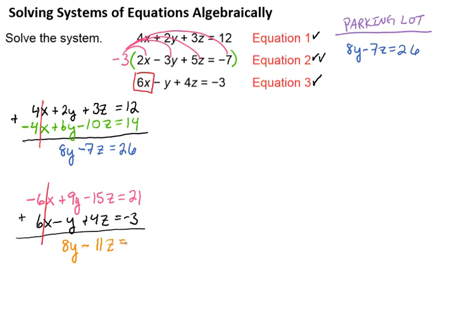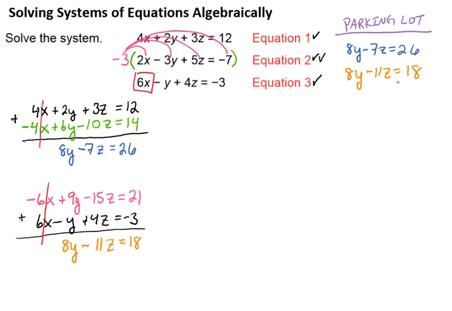-11z. And then a 21 plus a -3 is going to give me that 18. So now I've got my second equation that I'm going to use, and I'm going to drive that over the parking lot. So we park the car, we get out, we lock it, right? Okay. So now that we have two equations in the parking lot, we're actually ready to use our parking